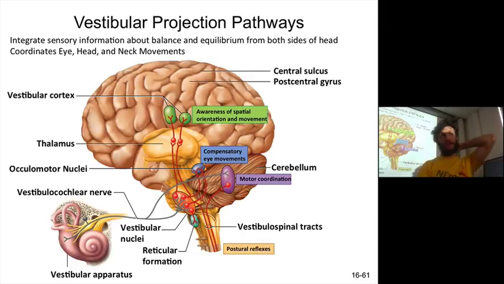All right, so let's look at these projection pathways. Man, I finished it. I did it. This is the last slide. Okay, so